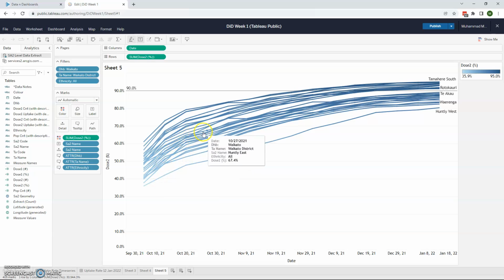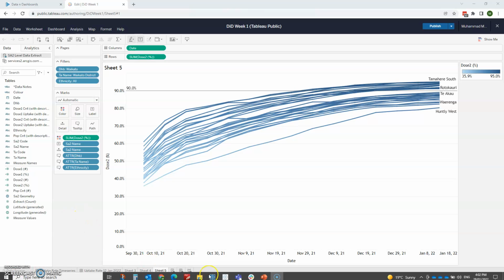Perfect one. So we have this kind of a line trend now. This was our second thing to be done. The third thing is to